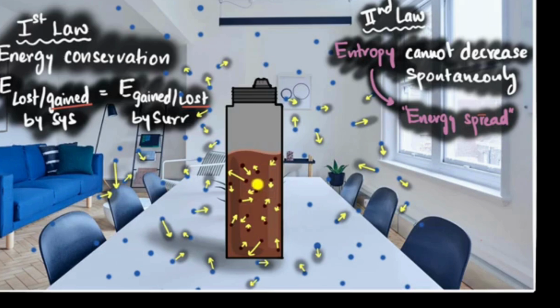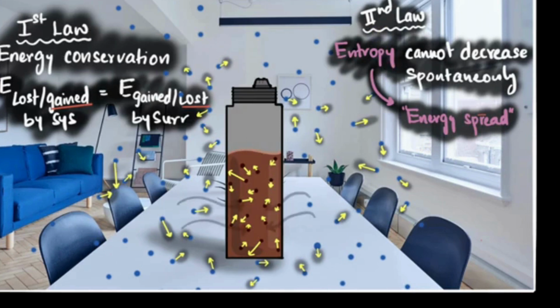This happens until the temperature becomes equal. Once that happens, we say thermal equilibrium has been reached. That means after that, there won't be any significant energy flowing in or out, at least at a macroscopic scale. So we have reached thermal equilibrium. And when that has happened, the energy has spread out. As a result, the entropy has increased. That can happen according to the second law of thermodynamics.